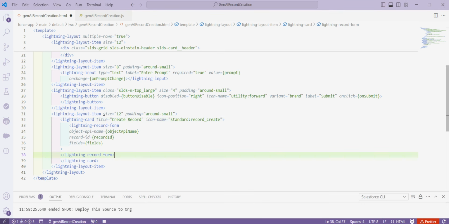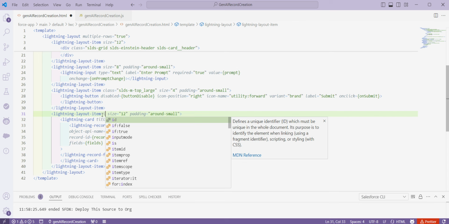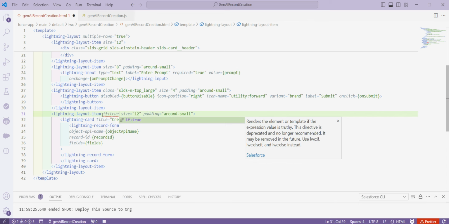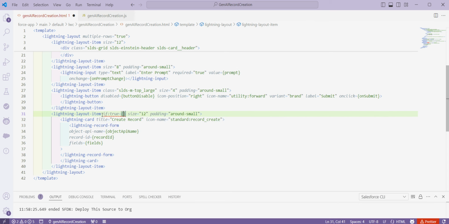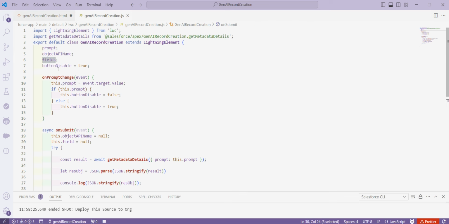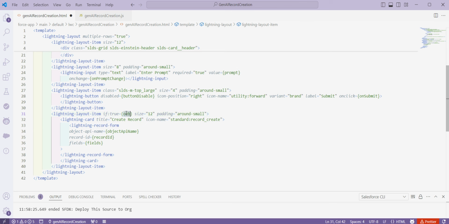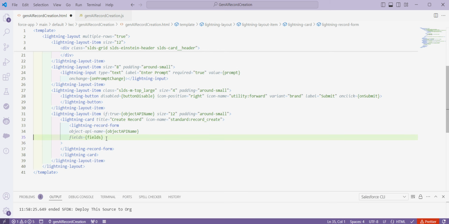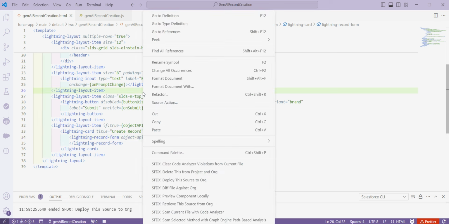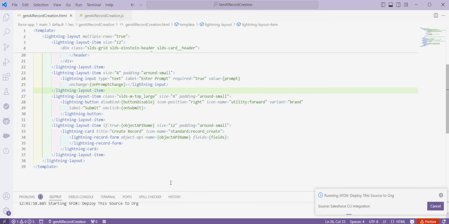And one thing what I'm going to do here is, when should this layout item be visible, I'll say if true, if the object API name is not null. So I'll just copy the name of the property object API name and paste it here. So here my object API name is object API name and fields is nothing but fields. I'll just remove this records property and I'll do a formatting. That's it. Now I'm gonna simply deploy this code